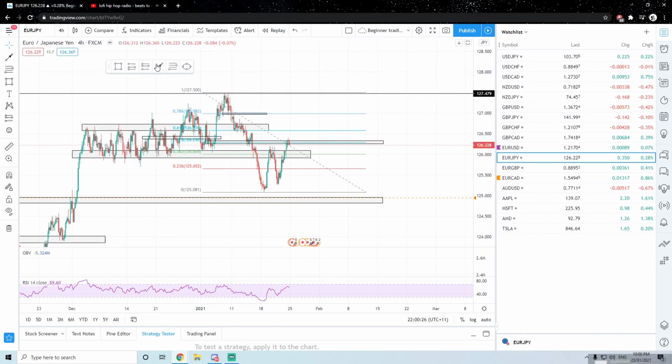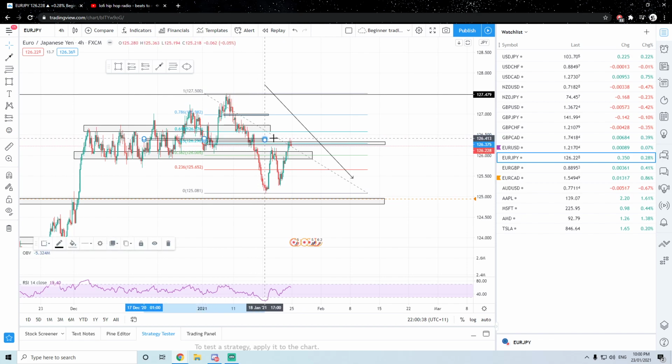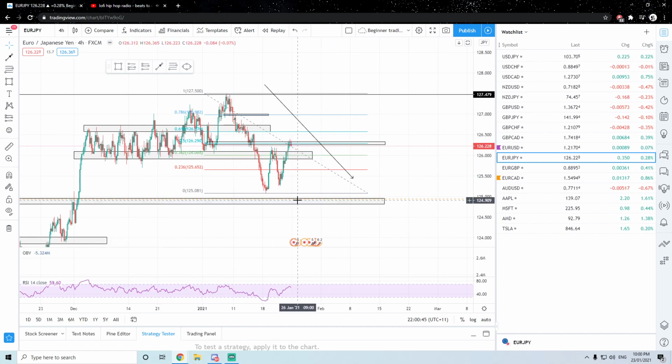So here, we can see this obvious downtrend. Here, bang, we can see this downtrend from this high to this low. Here we can see that there is this key level on this 0.5 area, and that just means we can enter in there on a sell and really just target